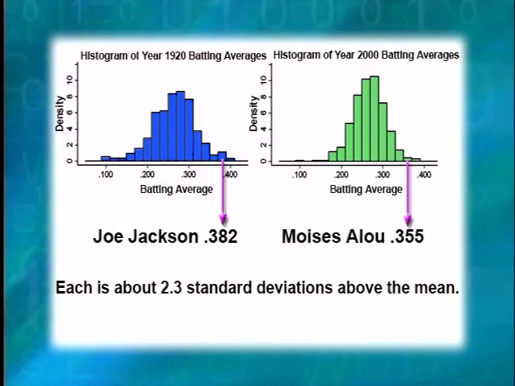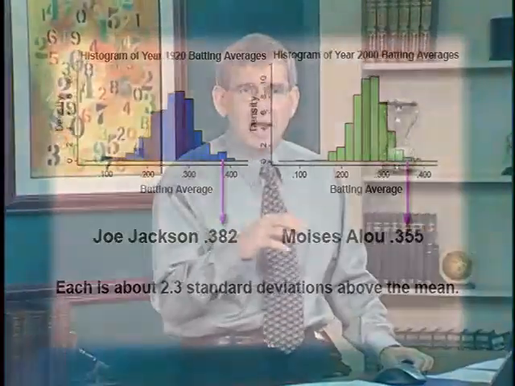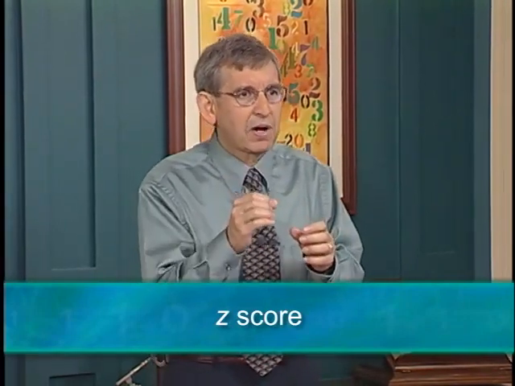Both of them are 2.3 standard deviations above the mean. So in a way, that's a way to compare the data from different normal distributions. And such a measure, which measures the value of a datum by how many standard deviations it is from the mean, is called its z-score. So it's a way of normalizing and comparing